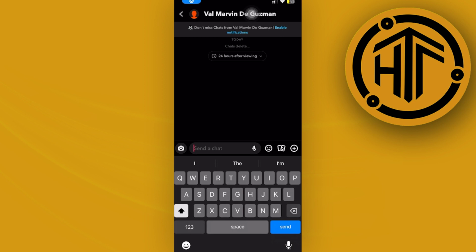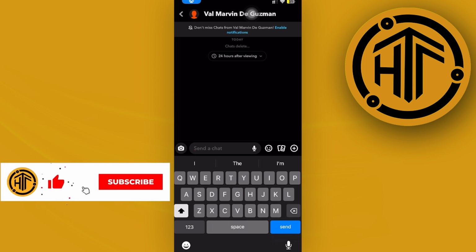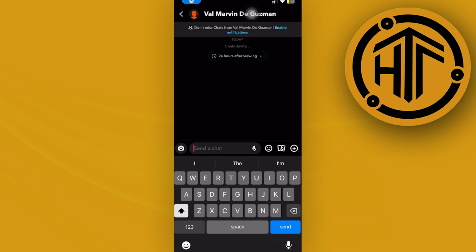So if you want to view that specific snap that somebody has sent you one more time, I would like you to be aware that if the person has sent you a Snapchat and it is only set to view once, we don't really have another chance at viewing that snap, because it is set to view once. The owner of this specific chat has the chance to change that setting on their end. So if you'd like to view that snap one more time, you don't really have that chance anymore if you have already viewed it and it is set on